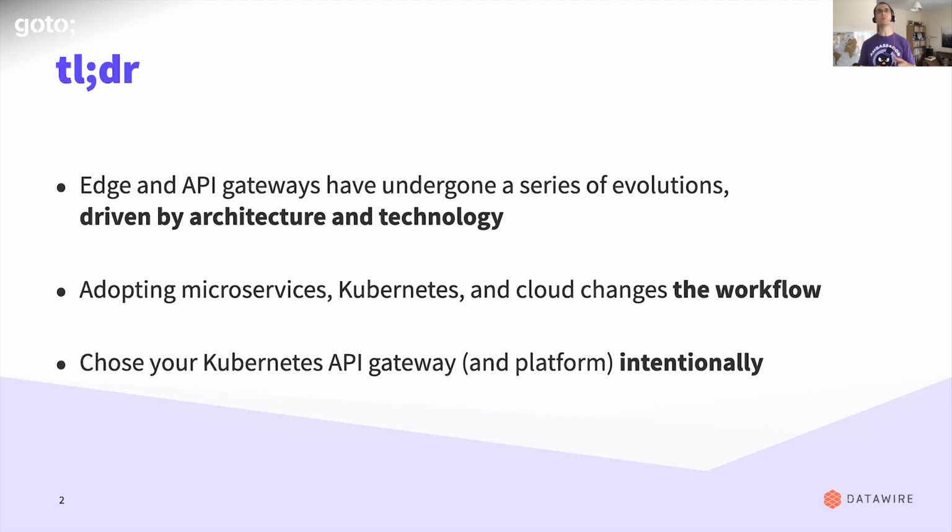The way you choose your Kubernetes or cloud native API gateway, you should do it intentionally. I see a bunch of folks I work with, as a consultant and now with Ambassador Labs, who either lift and shift the old world into the new or fall into creating a platform, just using what's out there, what they've already got. And my advice to you is to be very intentional about the platform you are deploying and releasing software onto. That's the meta message today.